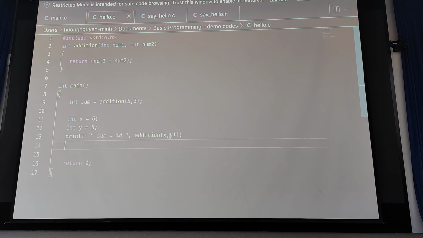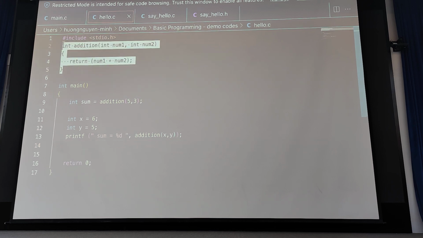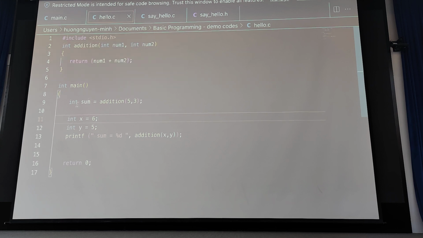Now, I will show you the code. For example, we have a function like this. For the first time I call the function, this is call by number, call by value. Both these two calls are passing the parameters by value. But in case you input only a number, a value as an argument, it's trivial. There's nothing to say, right?